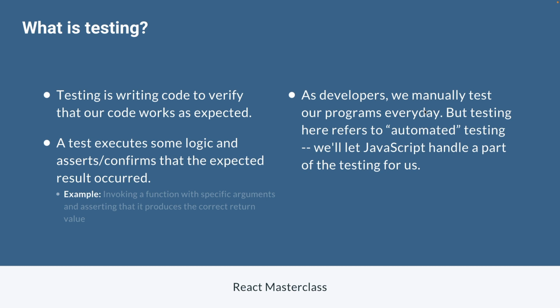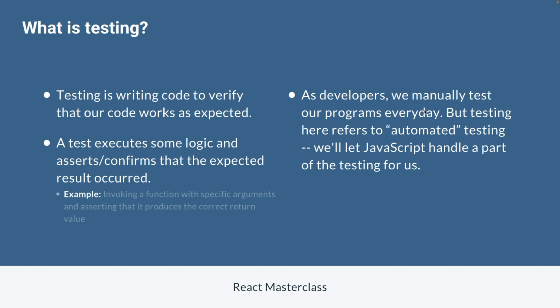So we're kind of putting the computer to work for us because as developers, we obviously test our code every single day. We may run our program from the command line, or in the case of a front-end application, we may launch the app in our browser and click around much like a regular user would. But the testing that we're referring to here is automated testing, letting things like JavaScript automatically run some bit of logic and then verify that the result was what we expected. So what a test does is it executes some logic and then we assert or confirm that the expected result occurred. And testing is not just limited to React, it's a general programming principle that you can do in any